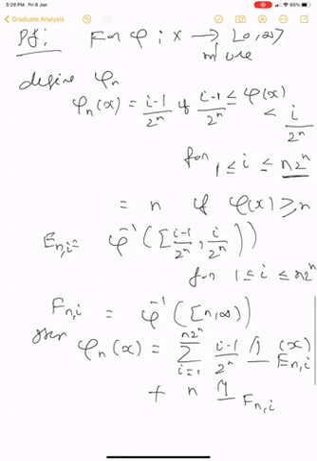I'm just defining, given a phi, which is a positive extended real valued measurable function, I define, you can take either of these two definitions. The first one I have defined it explicitly, that when the